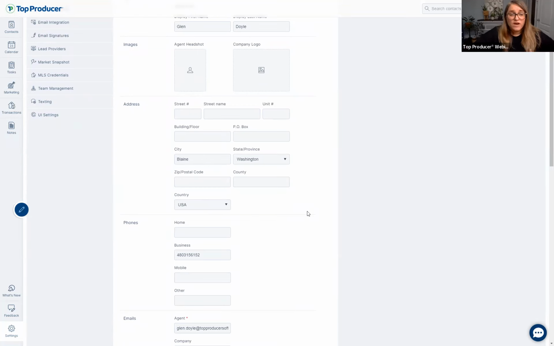Now, with that being said, sorry, Glenn, I'm going to jump in here with the address. That being said, if you do have an office that you want to bring your customers into, then I would put your office address in there. Absolutely, 100%. So definitely use your office address, just not your personal one. Makes it easier, and safety, right?